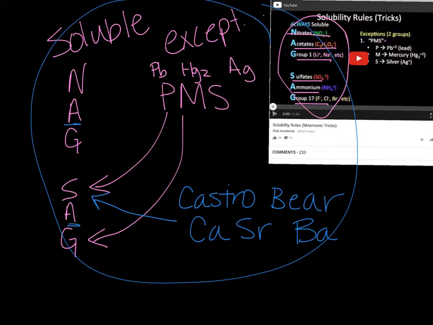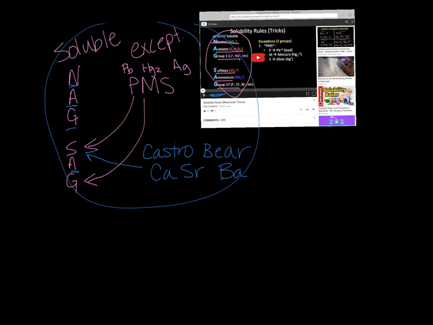So if you can remember this little nag-sag trick, okay, so all nitrates, all acetates, all ammoniums, right? These guys have no exceptions, all group 1s, okay? Those guys, you'll be set, and you'll at least be able to recognize it. You'll recognize that with sulfates in group 17, you do have these 2 extra little exceptions, okay? And like I said, the thing that this does not cover is going to be your carbonates and your